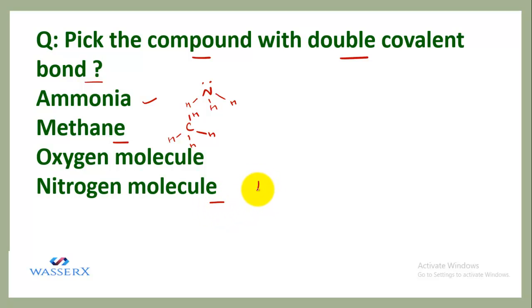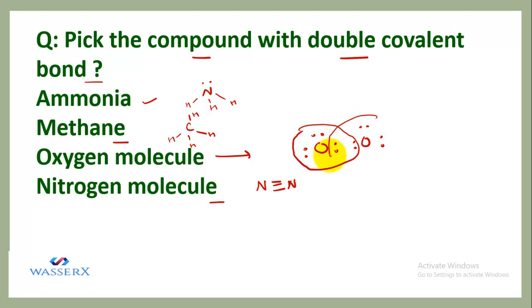Nitrogen molecule, we know that each nitrogen needs 3 more electrons. So obviously it will form a structure like this. There will be 3 shared pairs. So that means again this is an incorrect option. But if we talk about the oxygen molecule, we know that oxygen possesses 6 electrons and each oxygen needs to acquire the octet by contributing 2 electrons in the bond formation, and it will give rise to a double bond between the atoms of the oxygen molecule. So the oxygen molecule is the correct option.